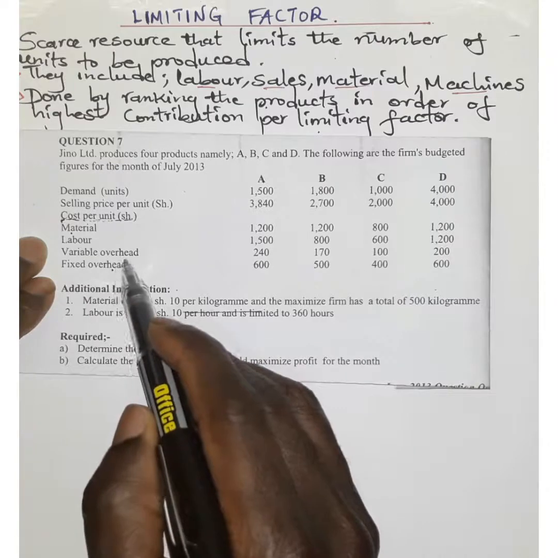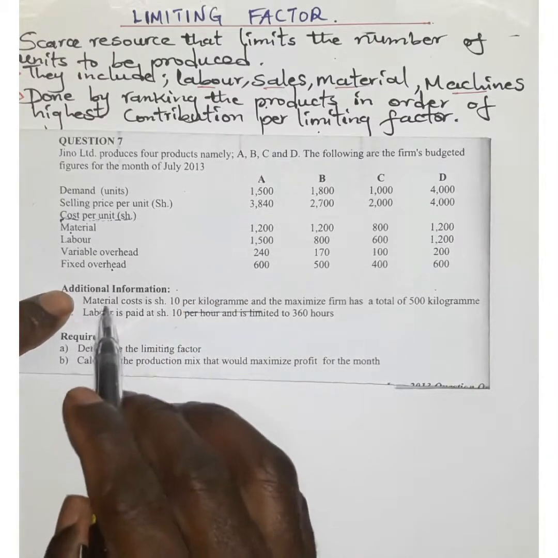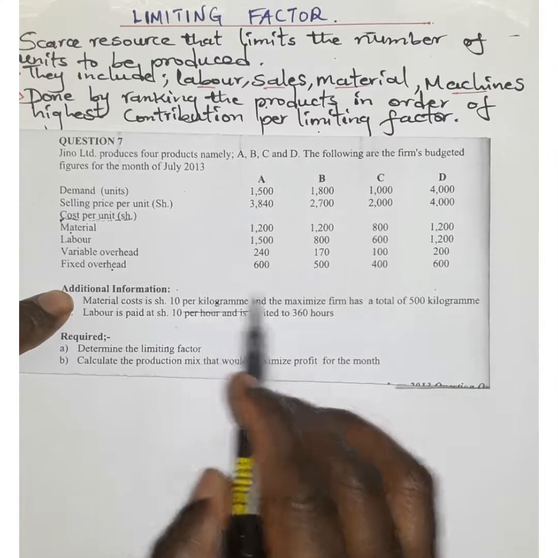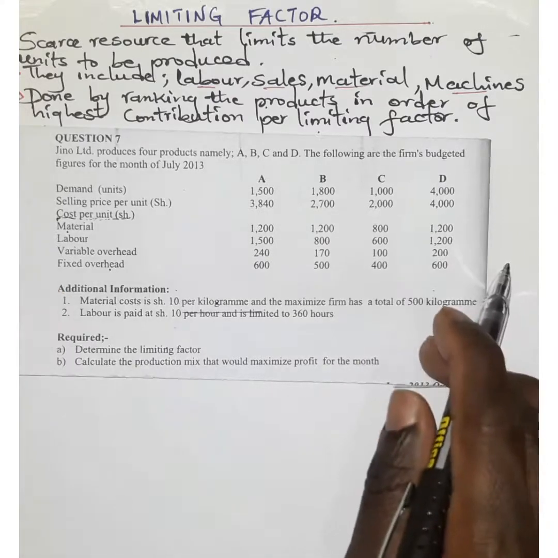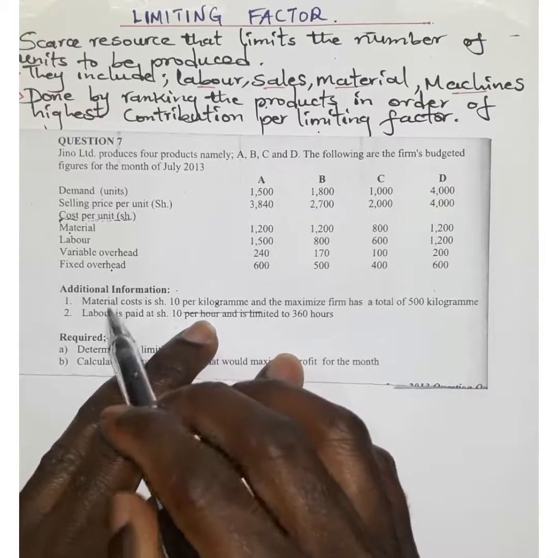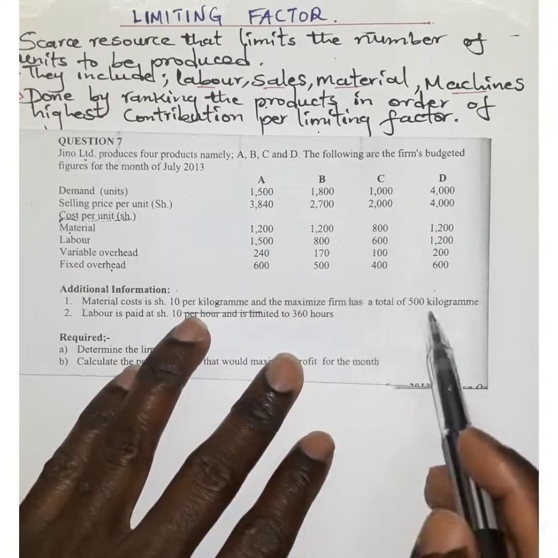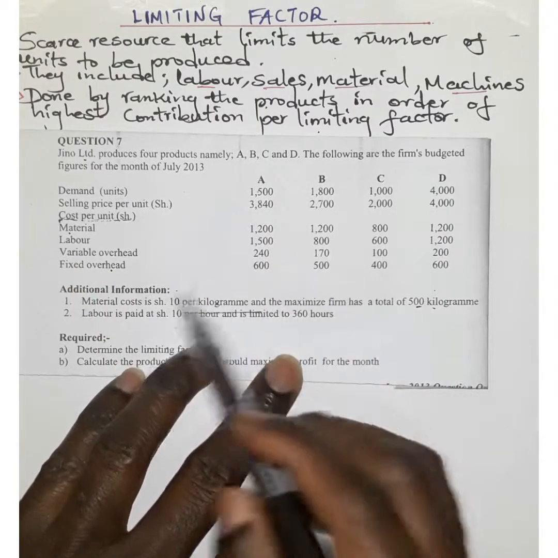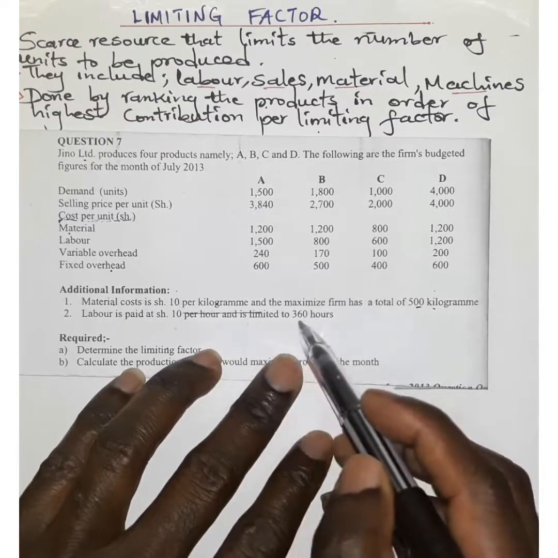One additional piece of information: we are told that material cost is 10 shillings per kilogram, and the firm has a total of 500 kilograms. So it means that Gino Limited will at no point exceed 500 kilograms of material. And then labor is paid at 10 shillings per hour and is limited to